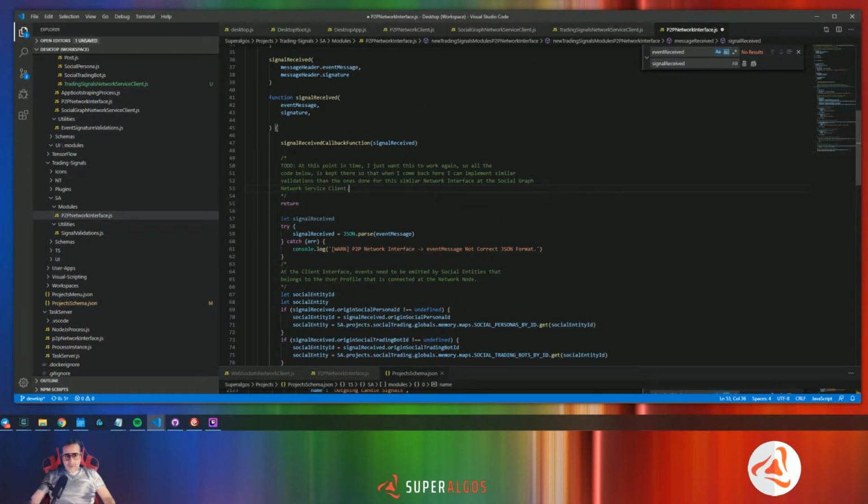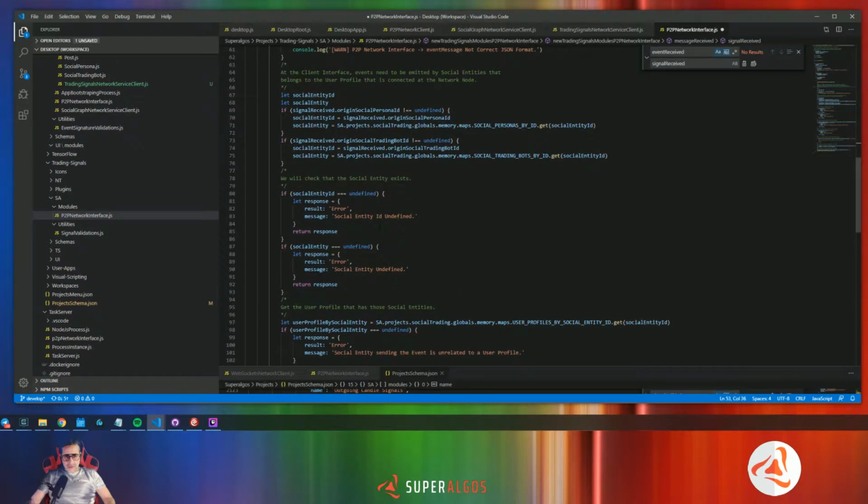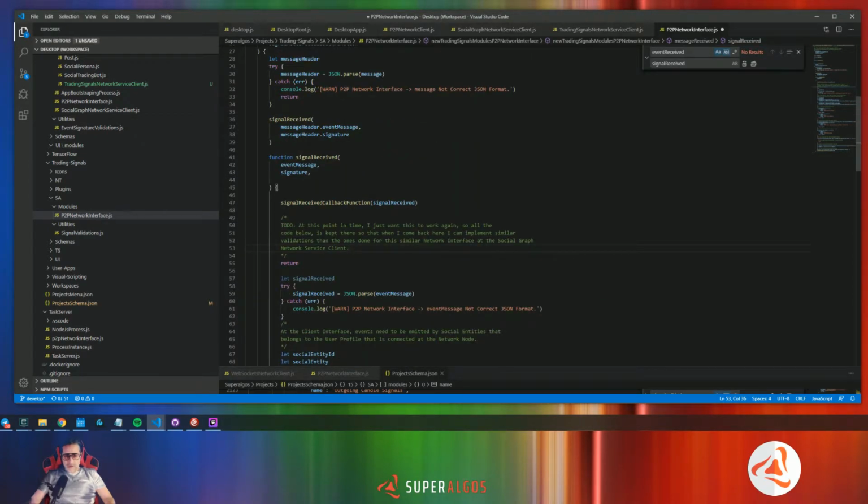I will put this to work by sending this as if everything works okay. And I will keep this code here so that when I come back, I can have a reference of what I'm doing at the social graph network service client at this interface when I'm receiving this stuff. But for now, I don't want to go more deep than this. So I'm just going to call this callback function,